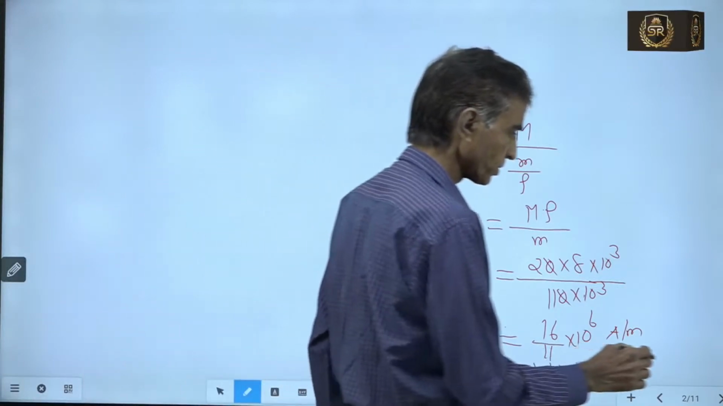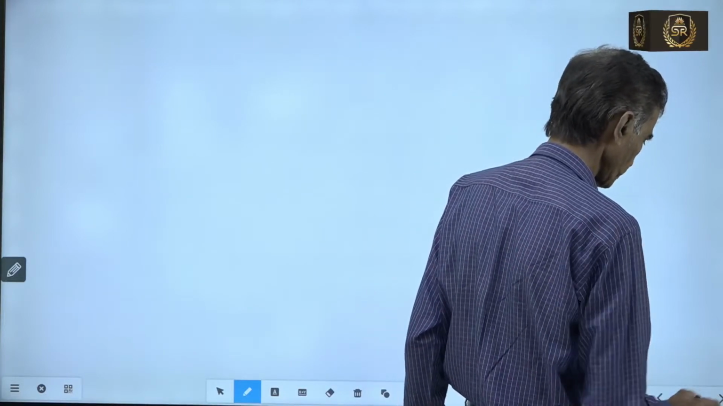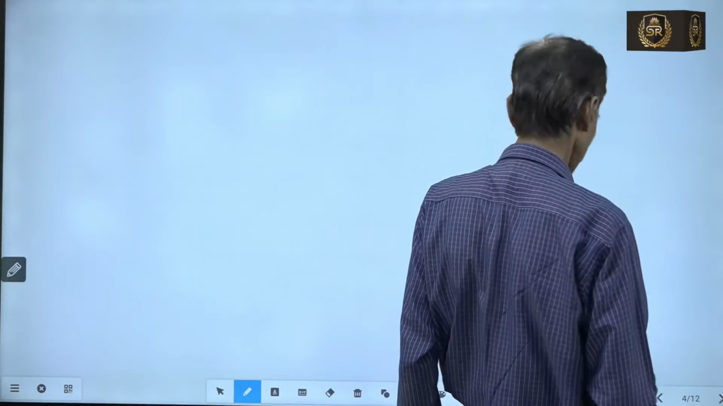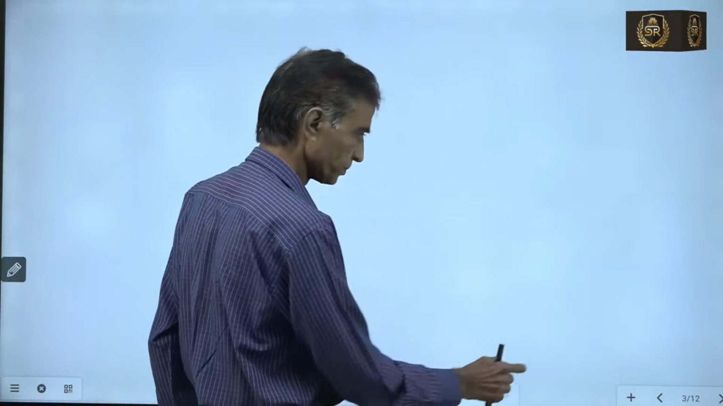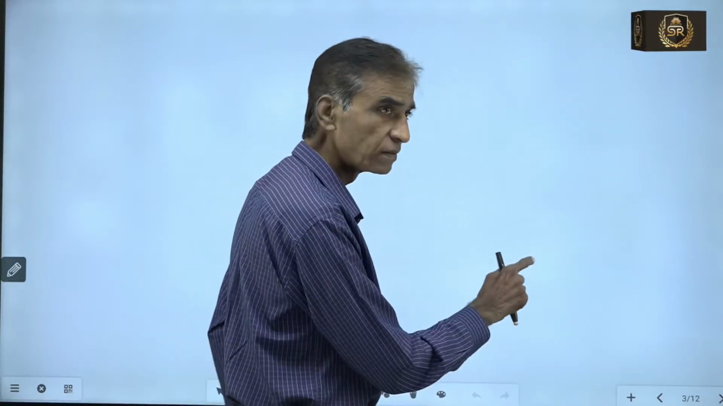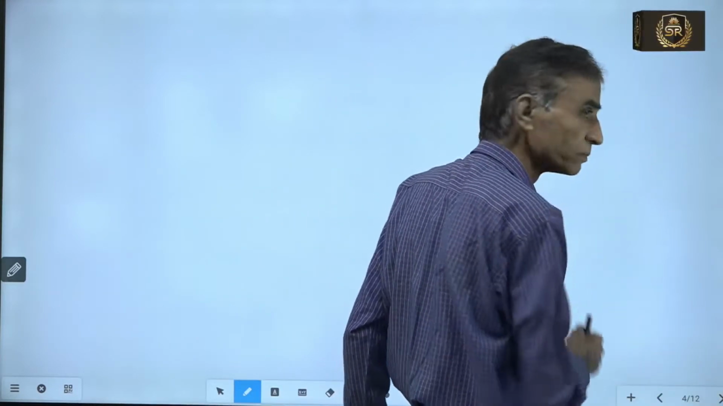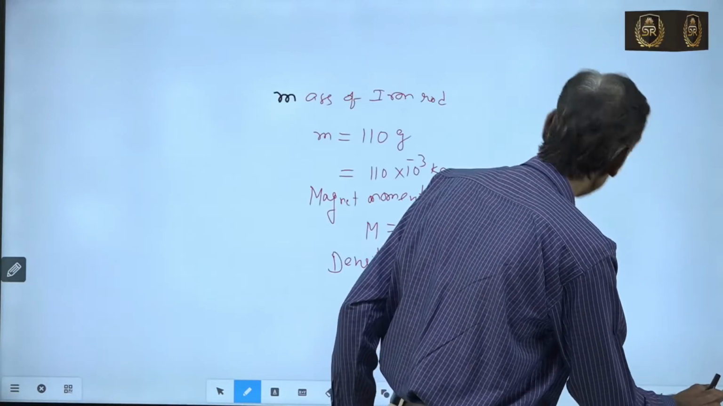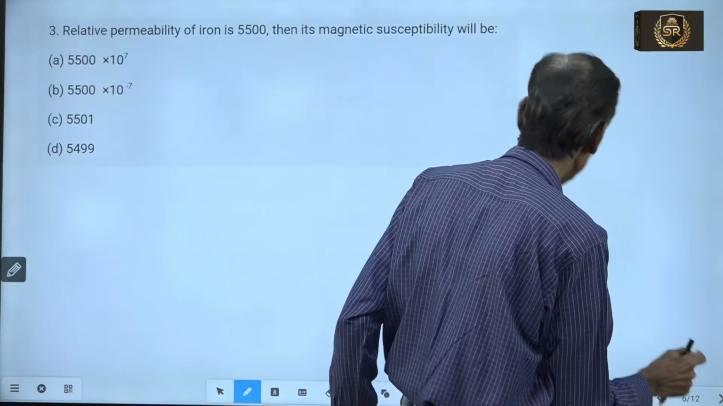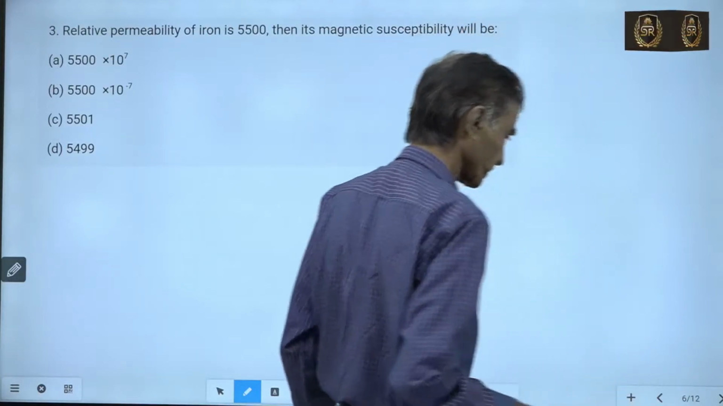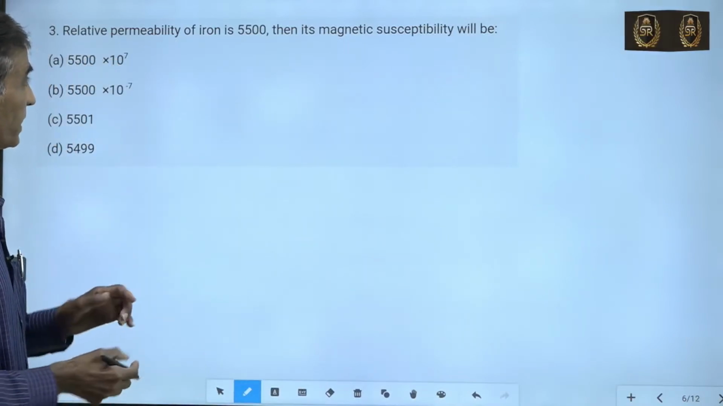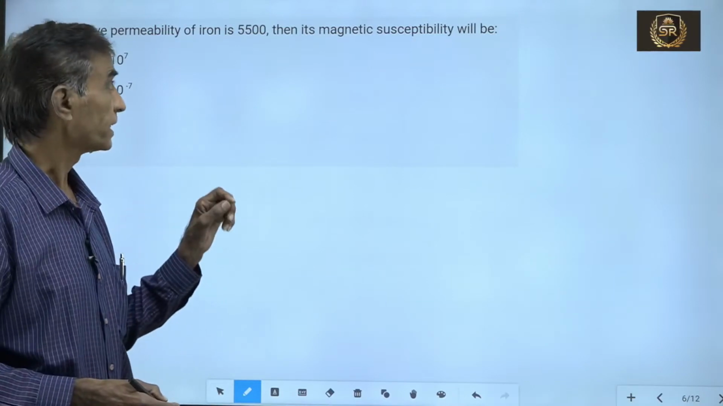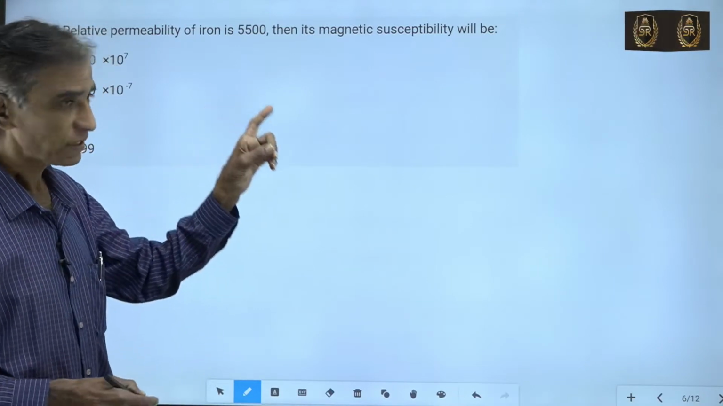Now let us go to the third one. Right. Now let us see the third problem. Relative permeability of iron is 5500, isn't it? Then its magnetic susceptibility will be,